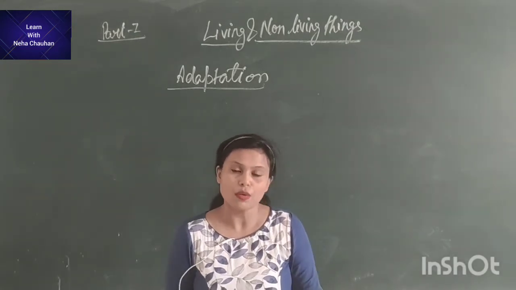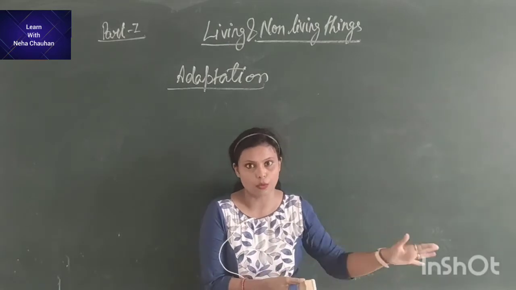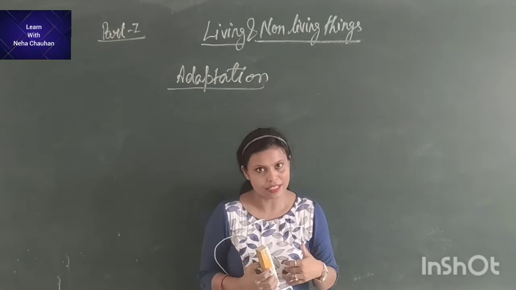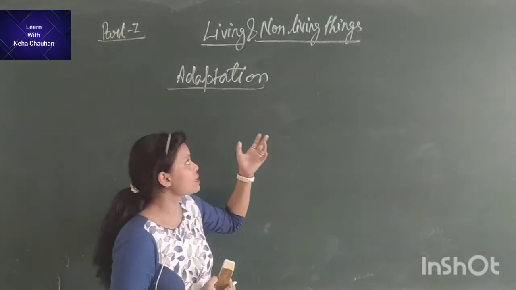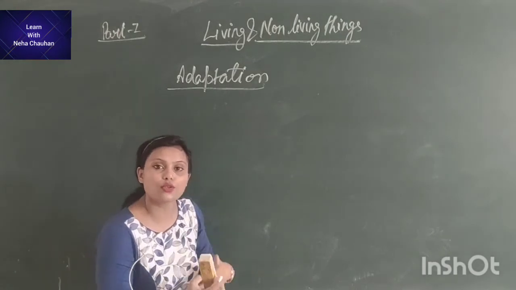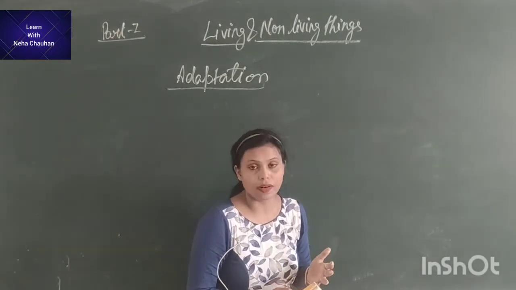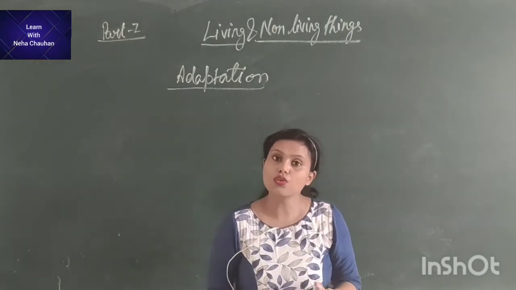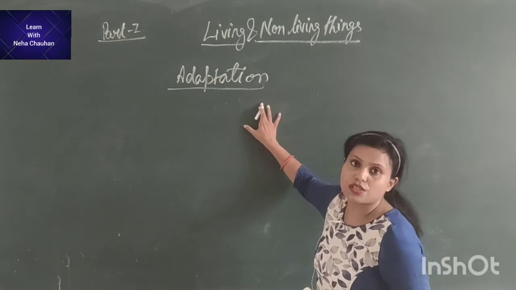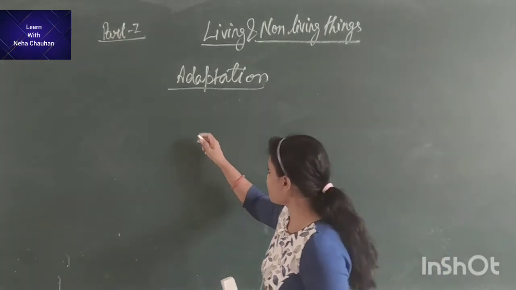Just like us, we are adjusting ourselves due to the coronavirus out there and staying in our home, right, to be safe. So this is our adaptation, that we can adjust according to the environment. So other living organisms like bird, animal, insects also do adaptation, also adapt some features to adjust into the environment, right?